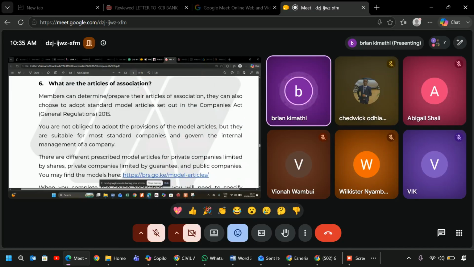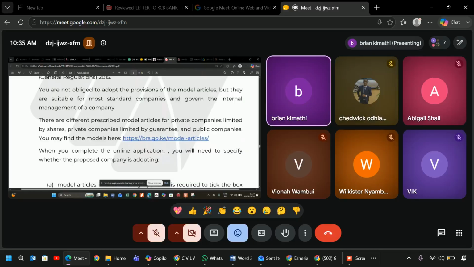Articles of association: members can determine to prepare the articles of association. They can also adopt model articles of association set out in the Companies (General) Regulations 2015. So I told you there are so many regulations passed under the Companies Act. We shall maybe be able to see them when we are doing past papers. You're not obliged to adopt provisions of model articles, but they are suitable for standard companies to govern the internal